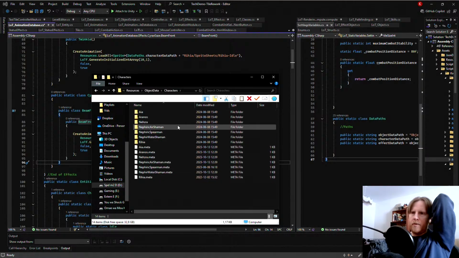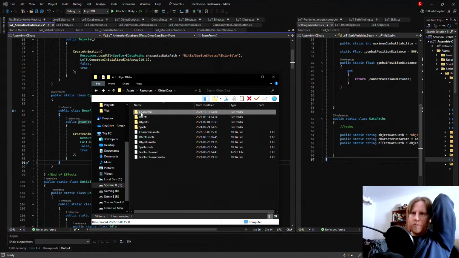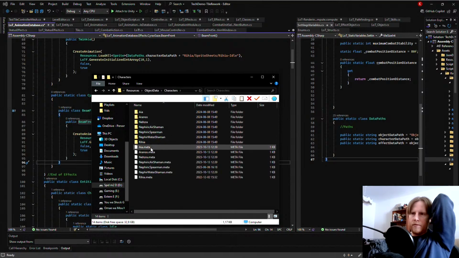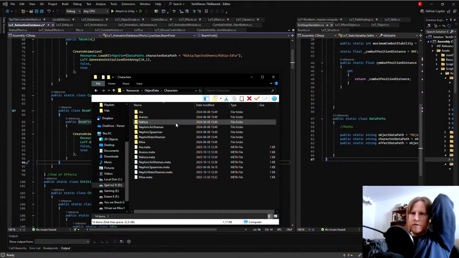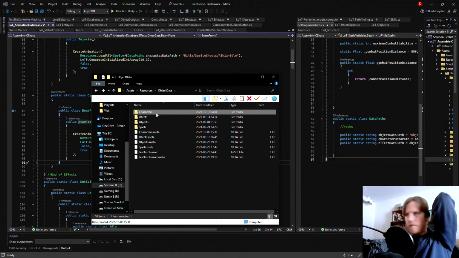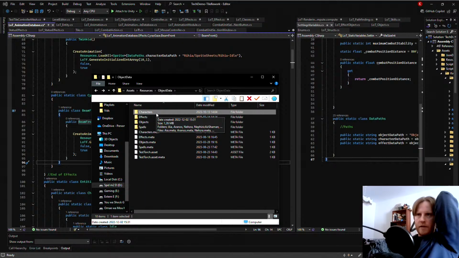Characters, for example. Should this be characters? Maybe this should be sprite sheets. And then in here, you have characters. And the character section only contains sprite sheets. And then you have another folder called animations that only contains animations. But I guess at the end of the day, it doesn't really matter, because